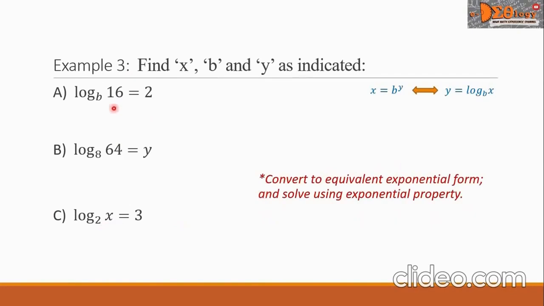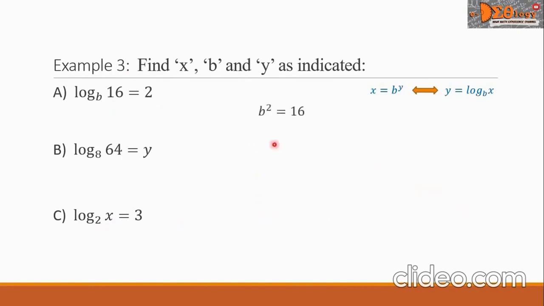Let's begin with letter A. The equivalent exponential form of letter A is b squared equals 16. The b is the base, so I write the base here, and this number 2 is the exponent, so we have b squared. And this is equal to this number 16. Now, I know that this 16 is the square of 4. So I can show that b squared equals